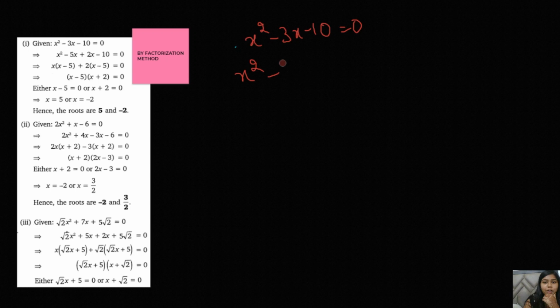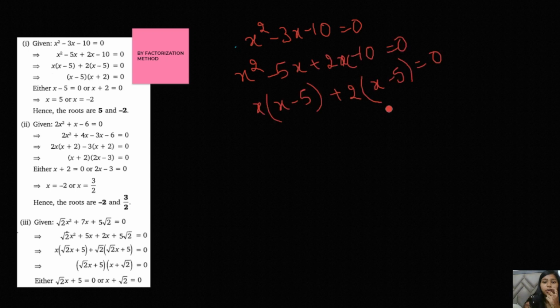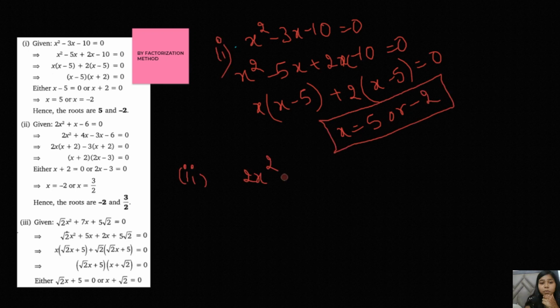you can't understand middle term splitting only by doing one or two questions. If you practice always, then you will be able to know immediately which factor will come here. You don't have to think for a long time about what the number will be, which will be the factor. You will be able to do the question in a few minutes. So you need a lot of practice for middle term splitting.